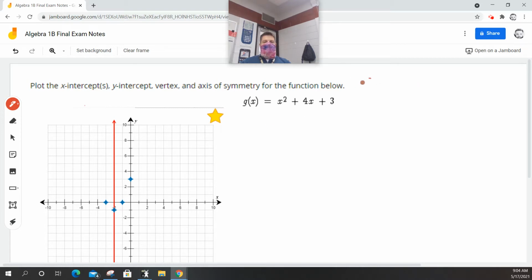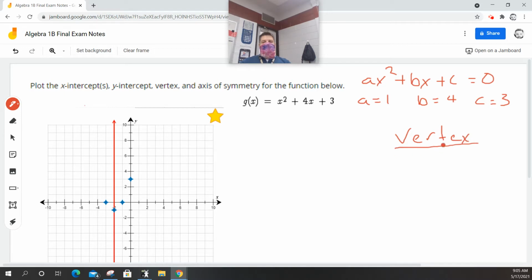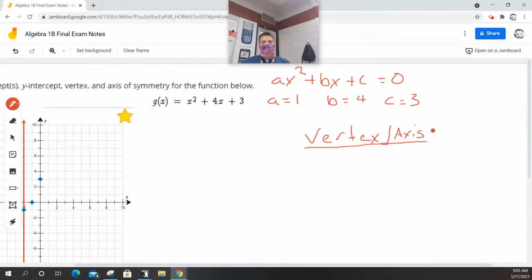Well, remember, this has got to be written like ax squared plus bx plus c equals 0. And so in this particular one, a is equal to 1, b is equal to 4, and c is equal to positive 3. Well, the vertex and the axis of symmetry, that occurs at